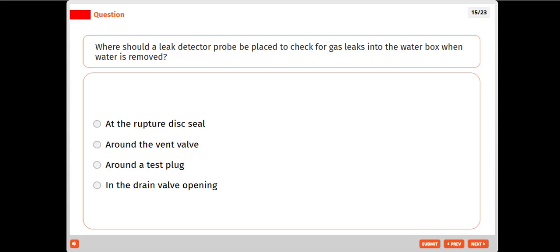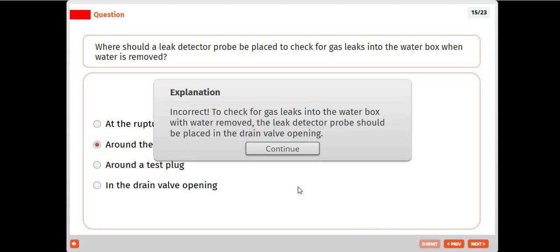Where should the leak detector probe be placed to check for gas leak? At the ruptured disc seal, around the vent valve, around the test plug, and the drain valve opening. Around the test valve, I don't know. Around vent valve, no. To check if gas leaks into the water box with water removed, the leak detector probe should be placed in the drain valve